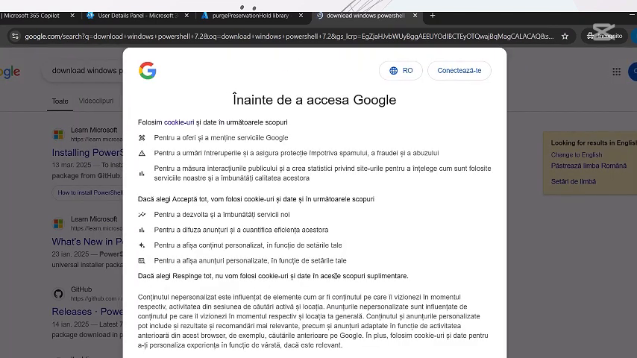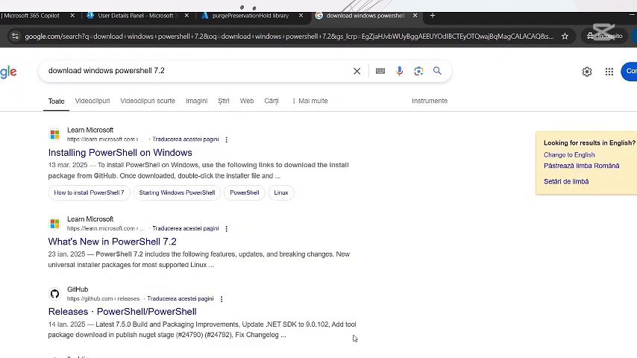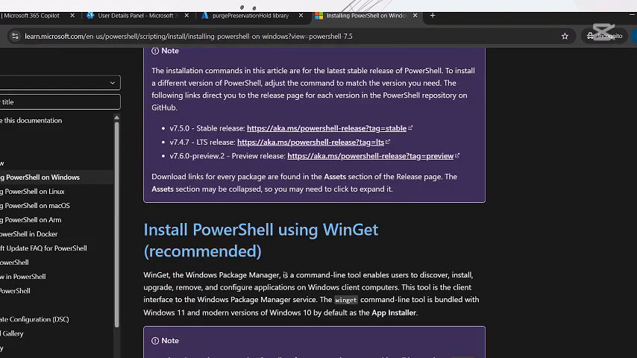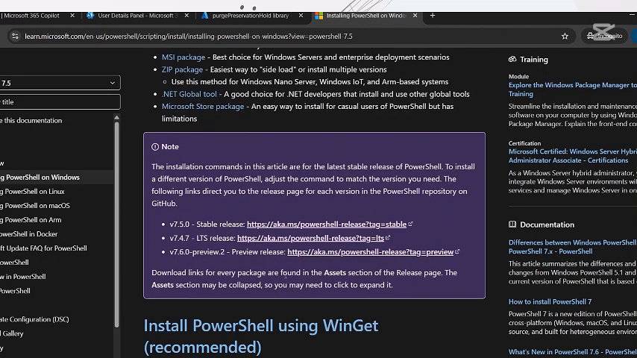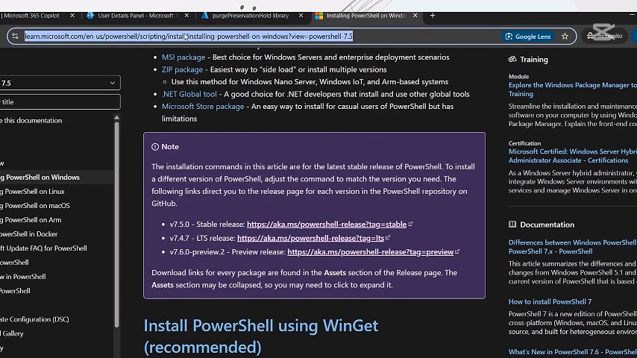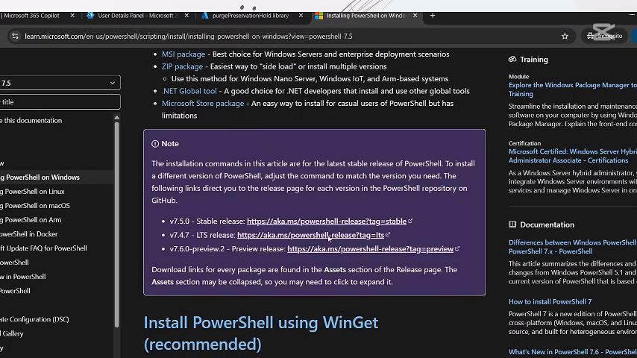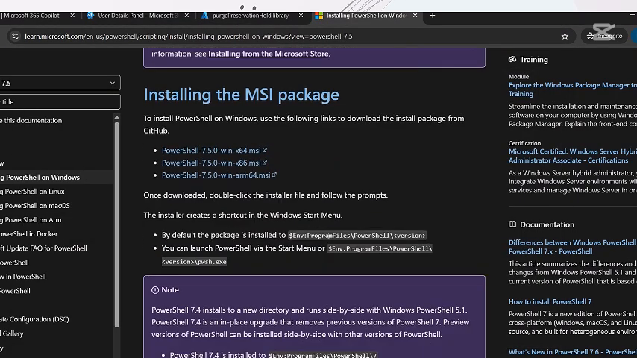So you can run a Google search. You can say accept. So you can click on install PowerShell on Windows. So once you scroll down on this, I'll send you also this link via email. Let's copy the link, send this link via email. So once you click on the link, you scroll down